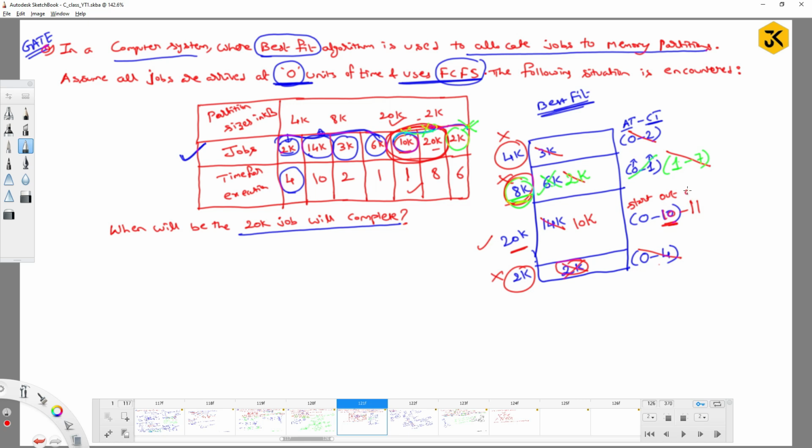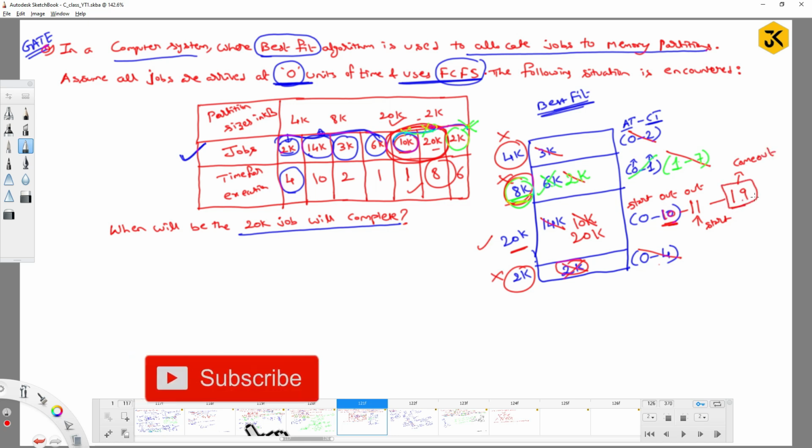By 11 units, 10k comes out and 20k will be allocated. It enters at 11 and uses 8 units of time, so it comes out